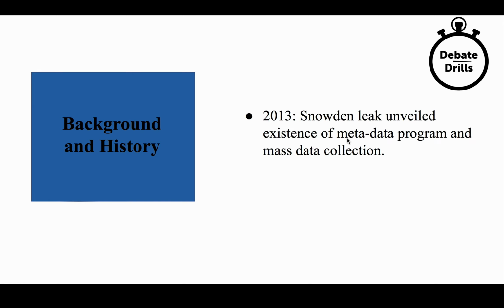So, some other important history. In 2013, there was the Edward Snowden leak. Edward Snowden was a contractor for Booz Allen Hamilton who was working on information that was collected by the NSA, and he unveiled a lot of classified information that revealed the existence of the metadata program and basically mass data collection that is fairly indiscriminate and not targeted. Programs that we didn't know existed, that we decided were probably illegal, were actually occurring despite us not knowing about them. So this created a massive scandal. He fled to Russia.